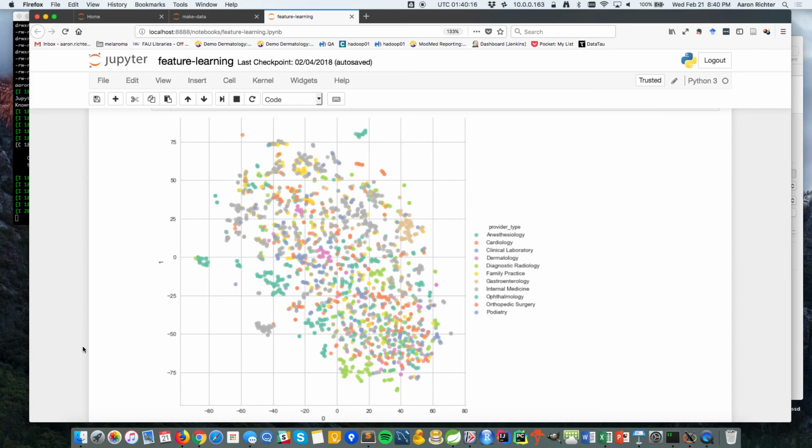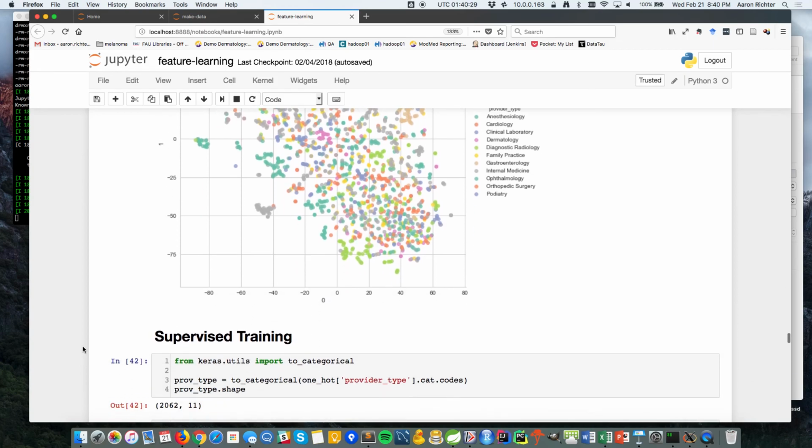I didn't train a good enough network. I didn't train it for long enough. There's all kinds of reasons why this didn't happen. But, you know, kind of another testament to if you can just do PCA, just do PCA. It's fine. But I wanted to at least give everybody the code to run an autoencoder.